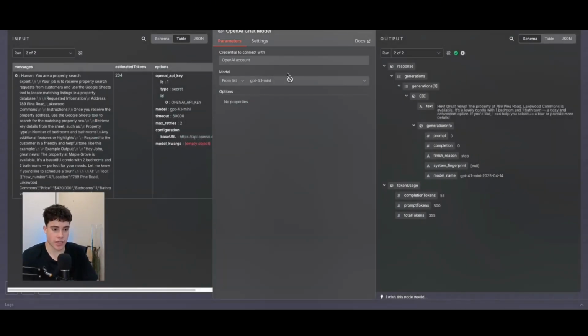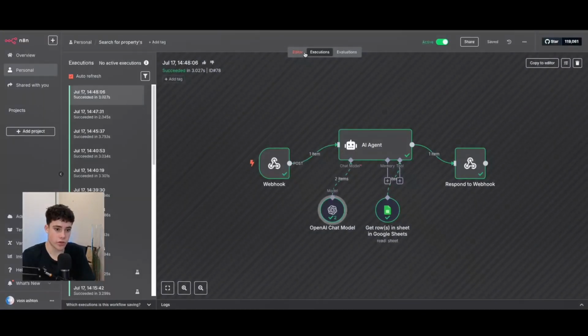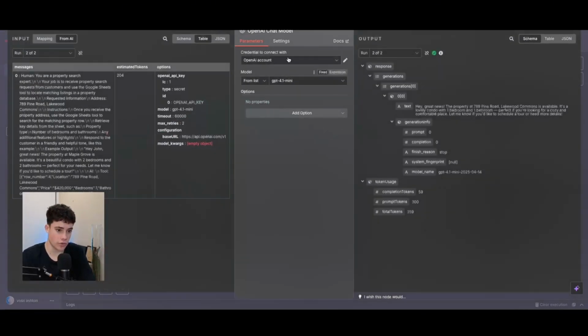It's going to contact OpenAI to then use their LLM and their models to speak with the customer and process all those bookings. I won't get into that now, but what I can show you is how to quickly connect your OpenAI account if you do want to know that. But